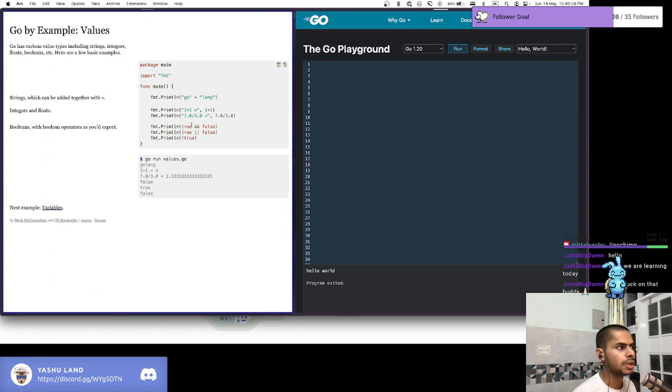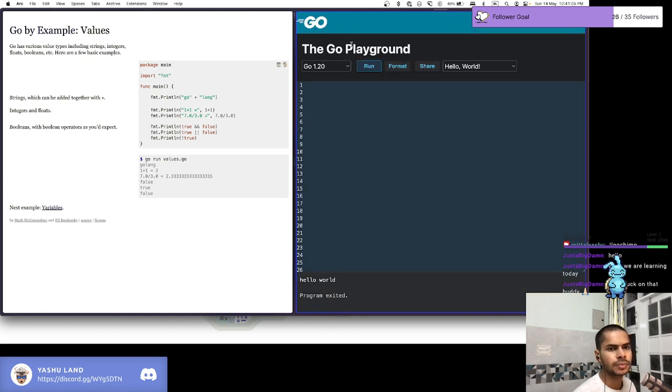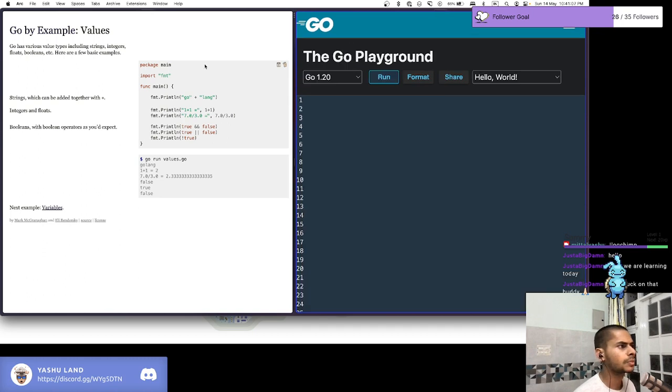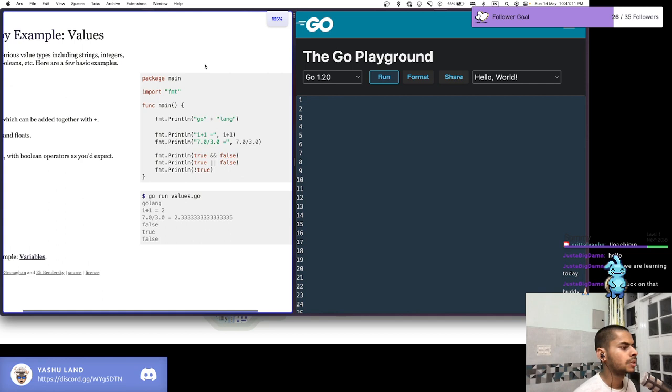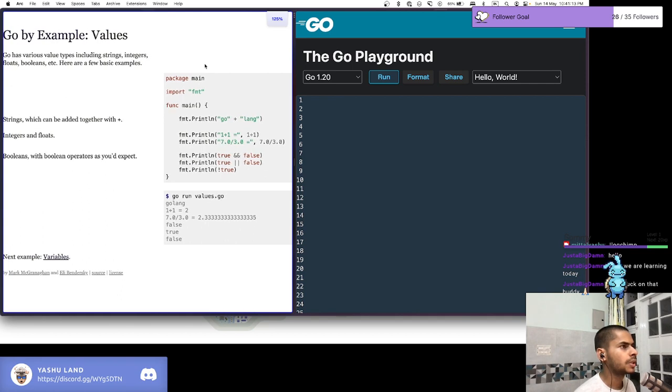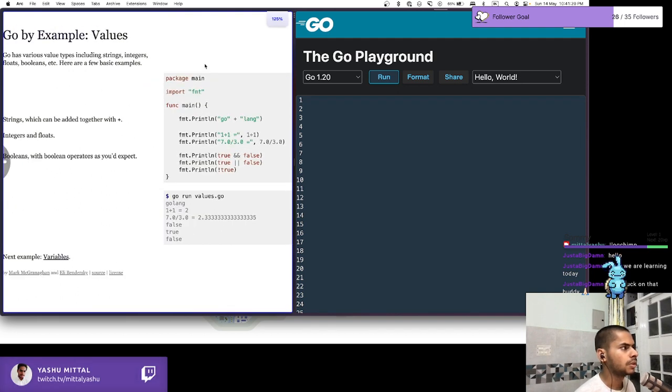Let me also zoom in a bit. I think this one will get messier if I just zoom in. Maybe a little more. Okay, I think that's the max I can do. Otherwise the text will not even be readable for me. Okay, next is